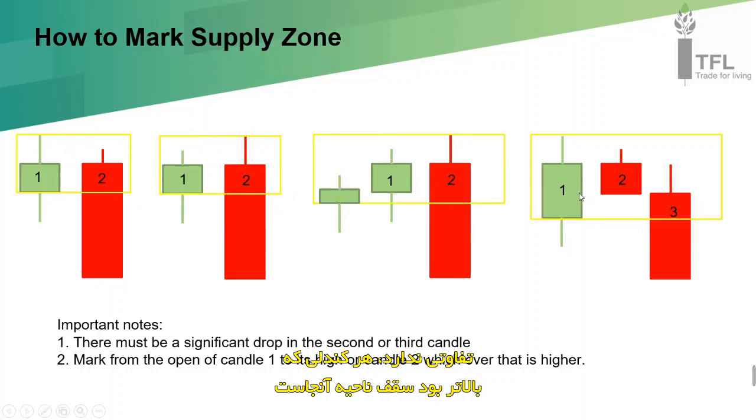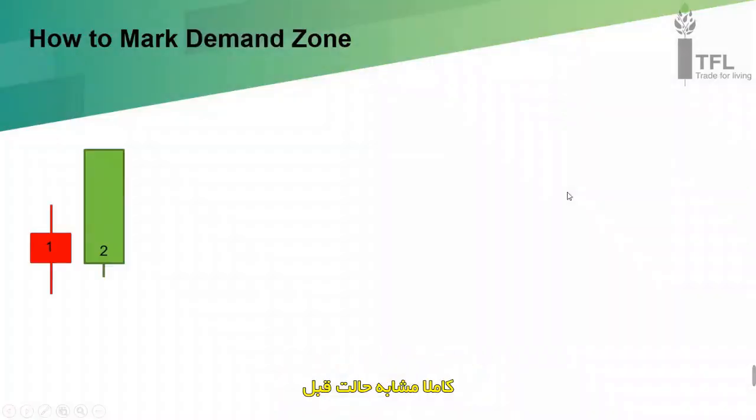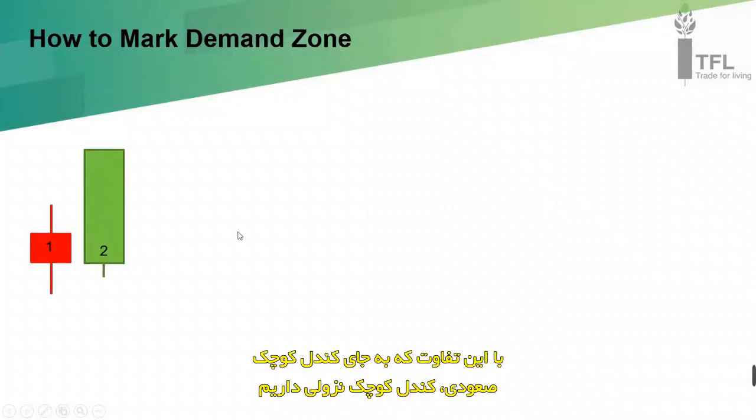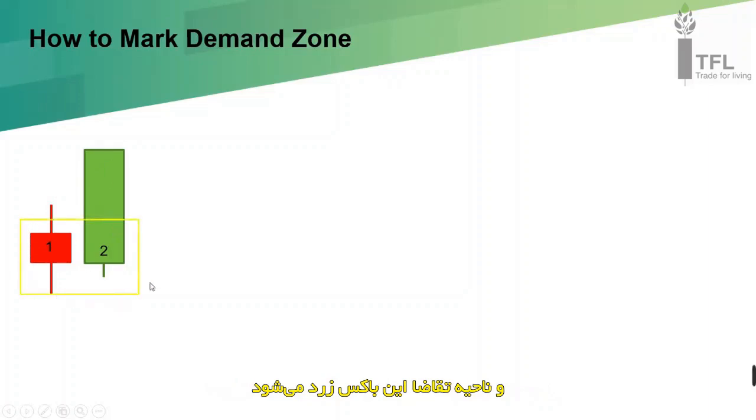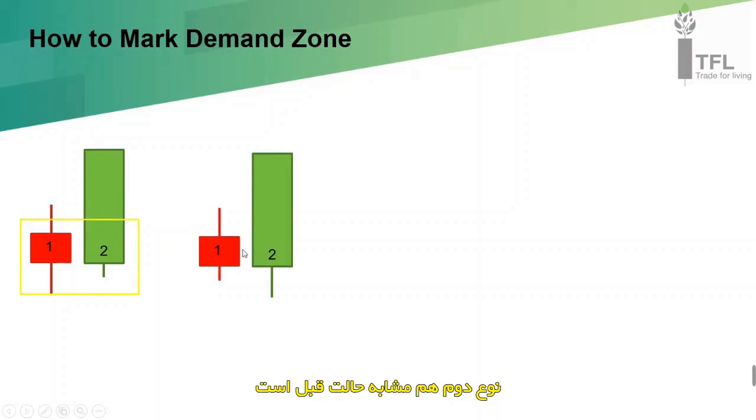From there, we flip the chart, and we have our demand zone. Similarly, it's the same, but this time we have a small bearish candlestick instead of the bullish candlestick, and suddenly we have a very significant rally of a bullish candlestick. So your demand zone will be in this yellow box. The second type will be exactly the same, but the low over here is different, and the demand zone,